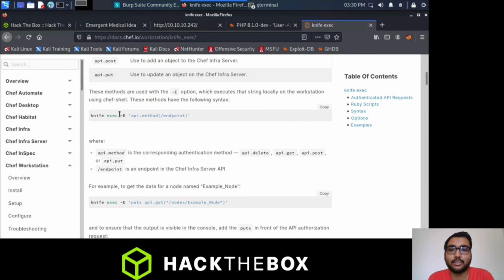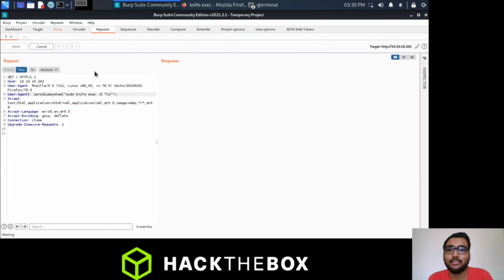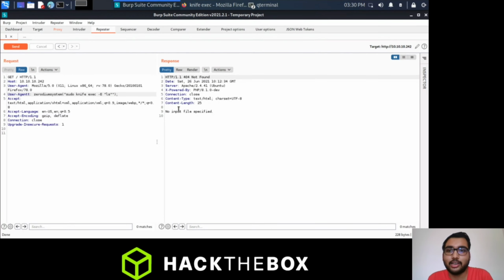Yes, we can run the command using the -e option, which executes a string locally on the workstation using chef shell. Okay, we can run any command with -e. So give it a command like ls again, and it shows me an error that no input file specified.